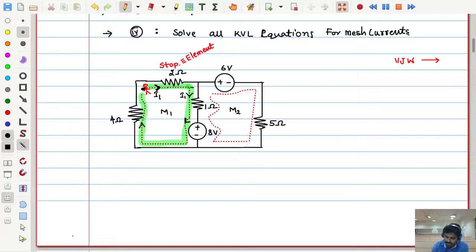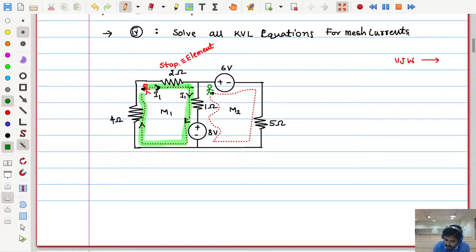So, this is one point. And see here in the next place, this might be me, and now let us say this might be you. This belongs to you. Mesh 2 belongs to you. Mesh 1 is my mesh, let us say. Mesh 2 is your mesh.